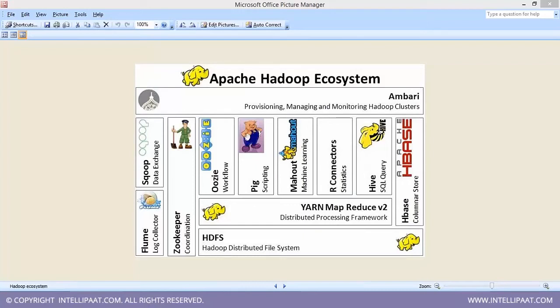HBase and likewise other NoSQL tables are being used widely in web applications where we need to do a lot of low latency queries. For example, you can take Amazon or any other web application where individual buyers or customers, or you can say information seekers, need to get information very quickly from the particular application.